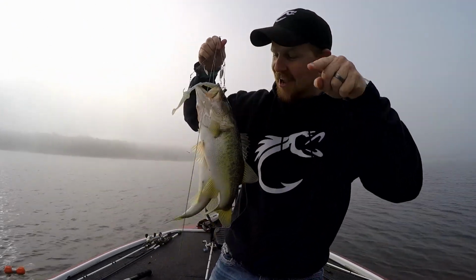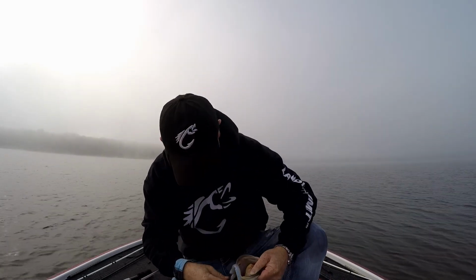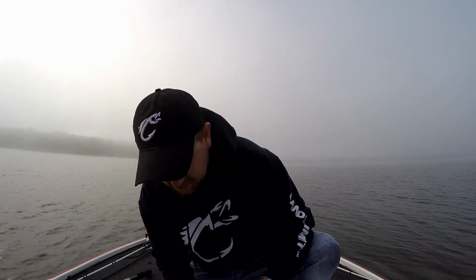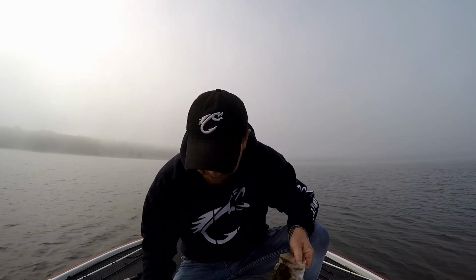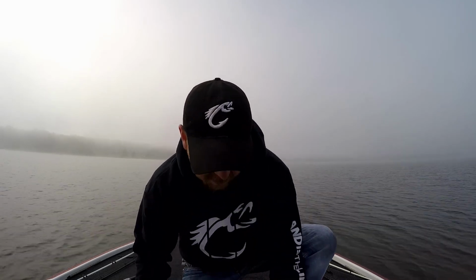Why you throw the A-rig right there. Look at that. So on my front graph, I saw that there were like 5 or 6 bass all clumped up on the bottom, which is why I just threw a marker buoy in 4 feet. And as soon as I got the bait,